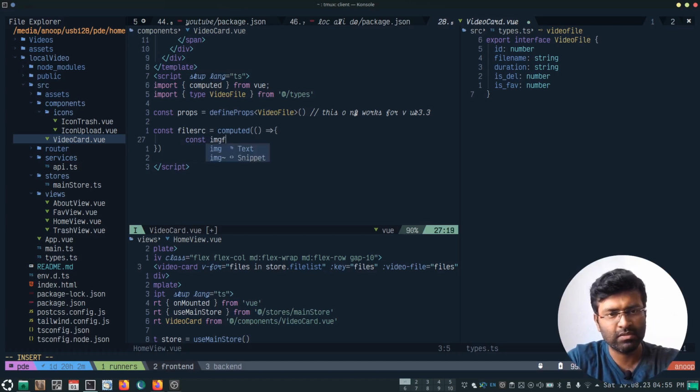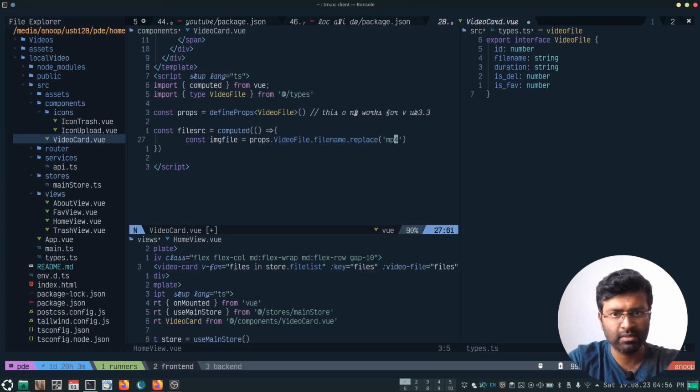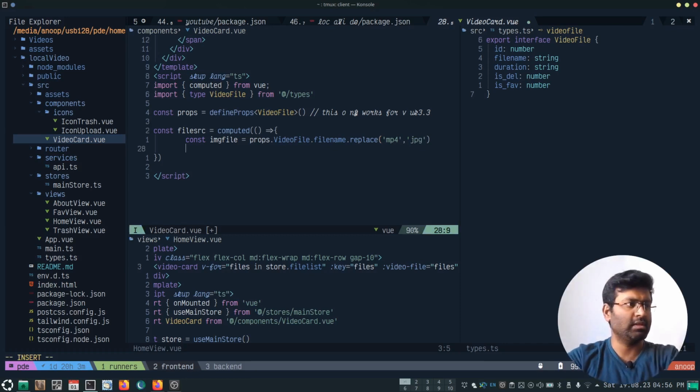So image file equal to props.videoFile.fileName.replace, and it would be MP4, and I would turn that to JPEG, so JPG, and then I would return it as a URL,